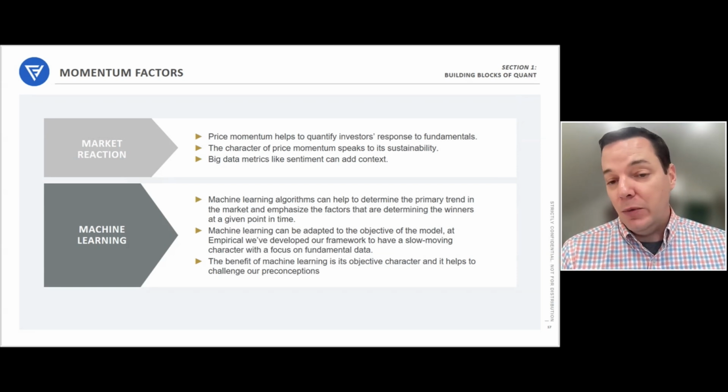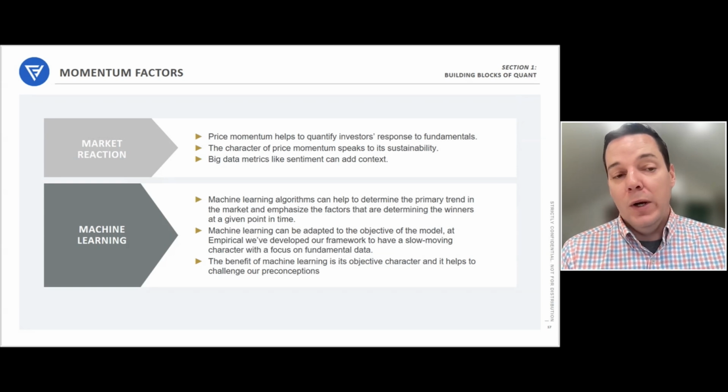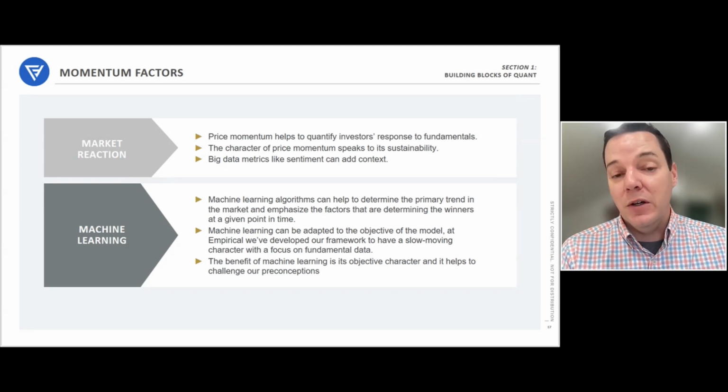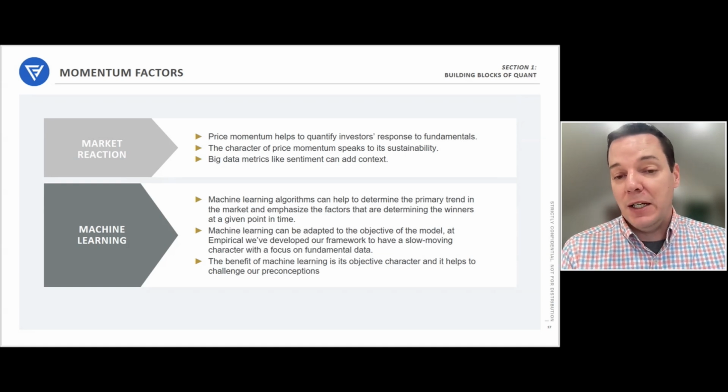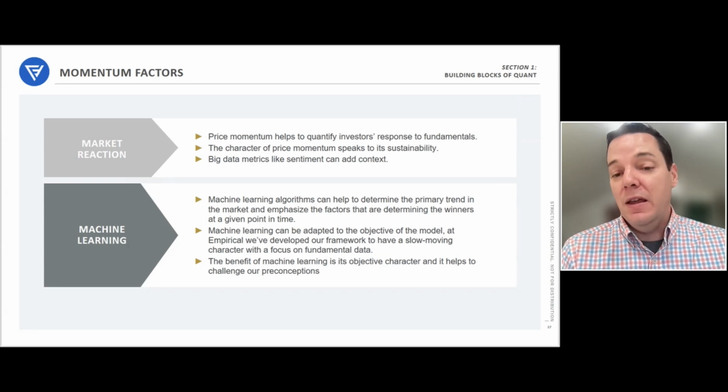And then machine learning. We've talked a little bit about machine learning, but the way that we've constructed machine learning is to really complement the rest of the modeling framework. We've built a factor library that includes every single factor that we consider when it comes to the prior four super factors: valuation, capital deployment, earnings quality, and market reaction. We've developed a framework that helps us analyze which of those metrics is ultimately going to have the highest expected returns. So we've done it in a way that creates kind of a slow moving character with an emphasis on